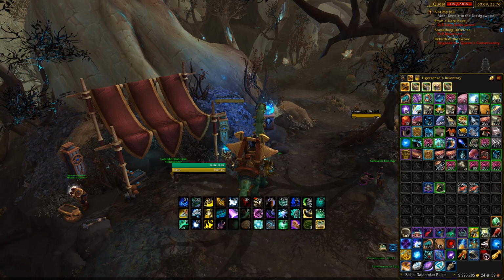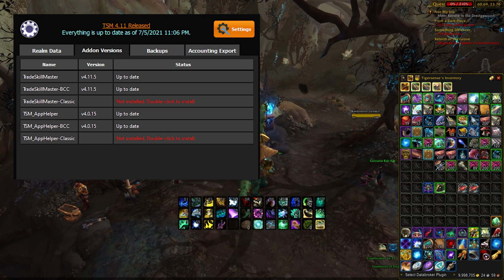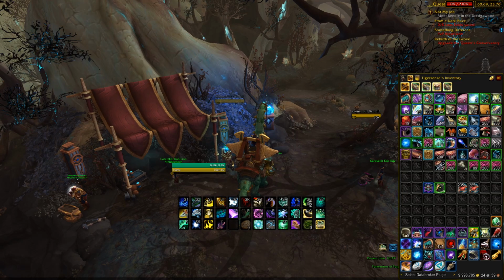So if you haven't already, open up your TSM application on your computer and make sure that it does update to the 4.11 version. If you do not do updates on the TSM application, you can also download the new version off of the website and then just import it into your add-ons folder. But either way, just make sure you do actually update your TSM